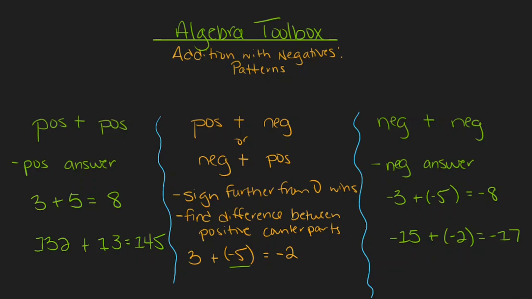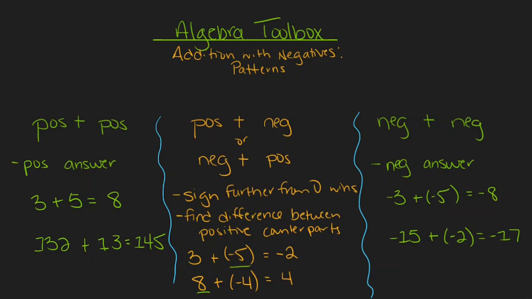Let's see what happens when the scales are tipped in the opposite direction. Let's say we had something like 8 plus negative 4. In this case, as I look at my values, I see that 8 is further from 0 than negative 4 is. So that tells me to expect a positive answer. When it comes time to find the number of my answer, I have to think about the difference between 8 and positive 4. Well, the difference between 8 and 4 is 4,